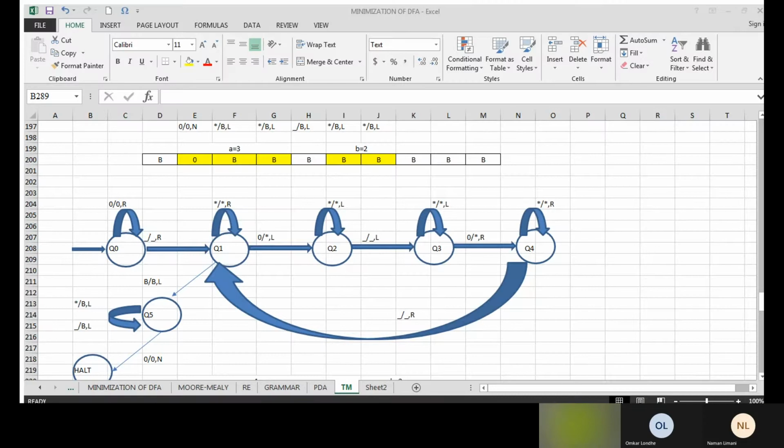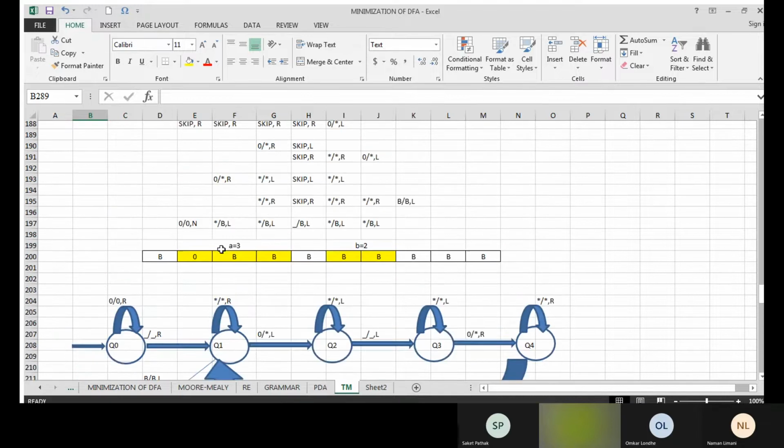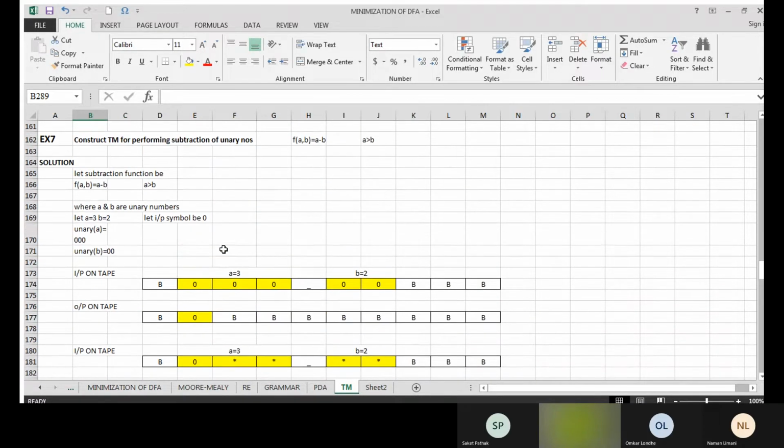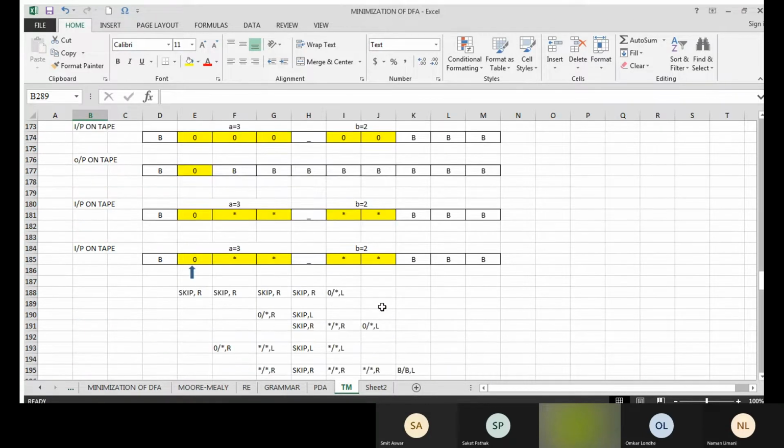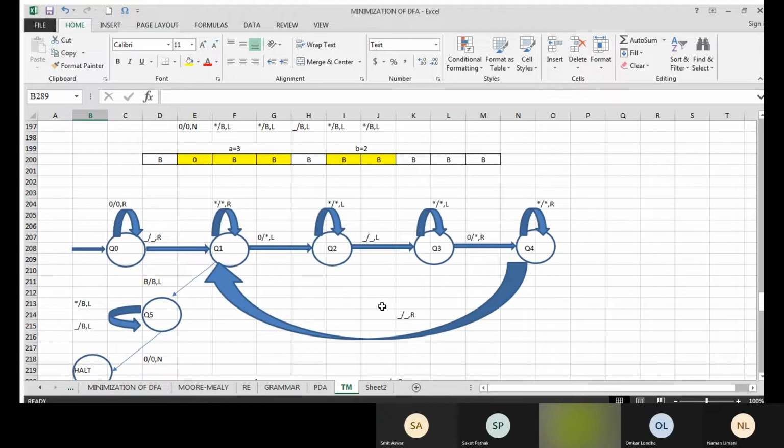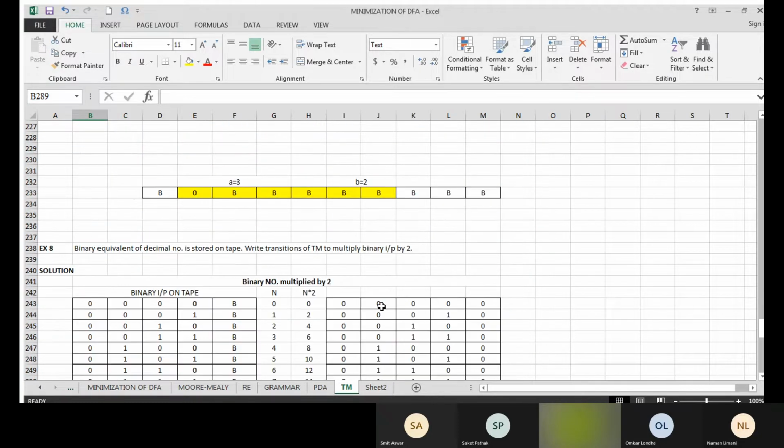Lecture ka sum you should ask. The same is projected on the screen. This is the sum: construct the Turing machine for subtraction of unary number a greater than b. If there is no doubt,